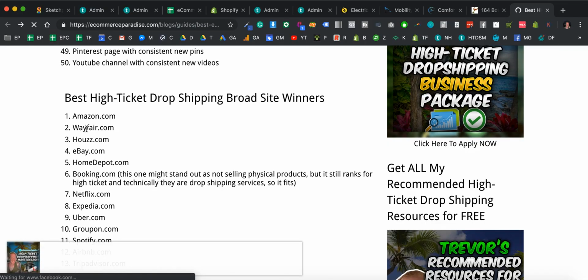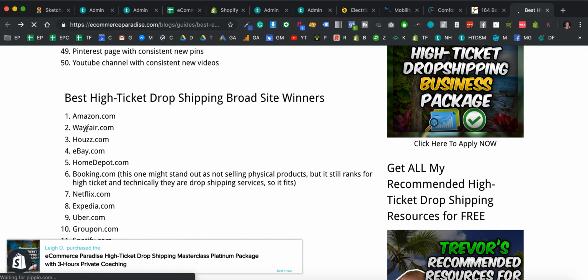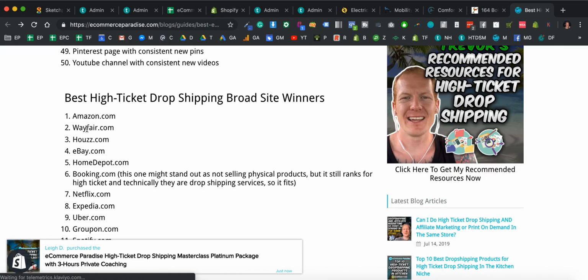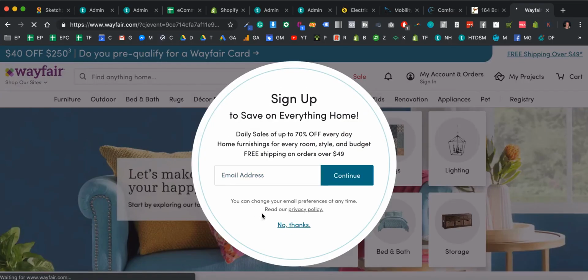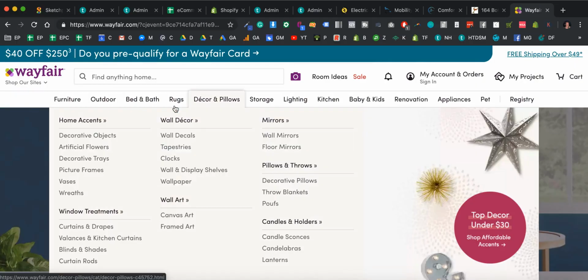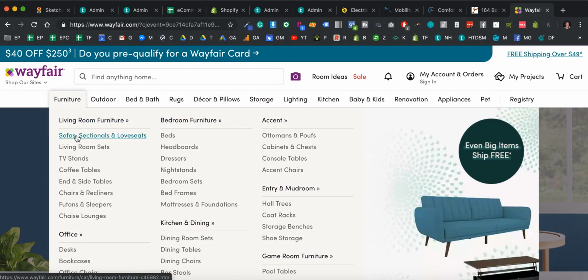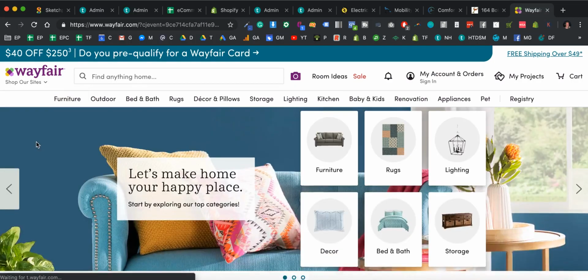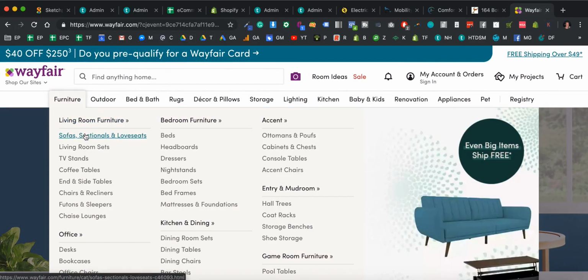Another good one to look at is Wayfair. This is a great one because Wayfair and Houzz.com are both broad home stores. Broad home stores are really interesting because they have tons of categories in the home. Yes, it's true that there are lots of categories in the home that you could sell under one site. But these sites are not easy to run, they're not easy to build, and they're very expensive. There are lots of suppliers, and oftentimes there's no MAP pricing on furniture. So even though there are tons of categories and products, it can get quite confusing. It's hard to run, and it's hard to scale something like this.